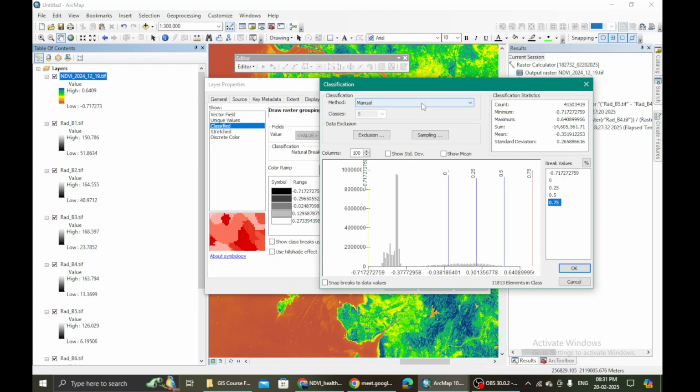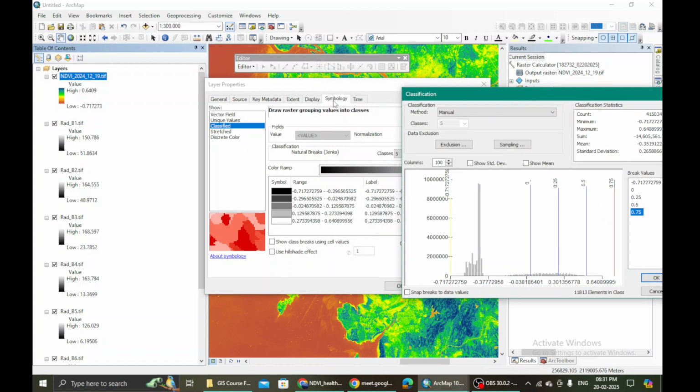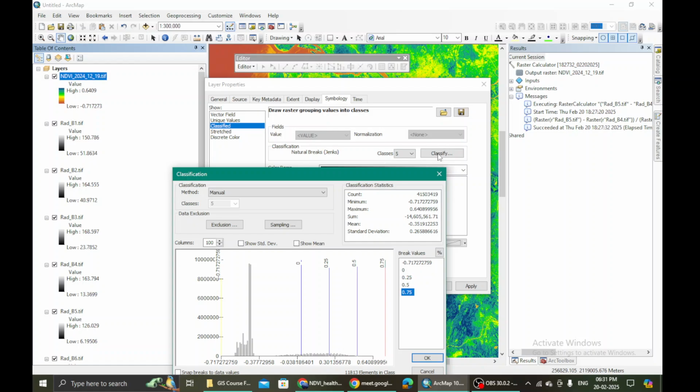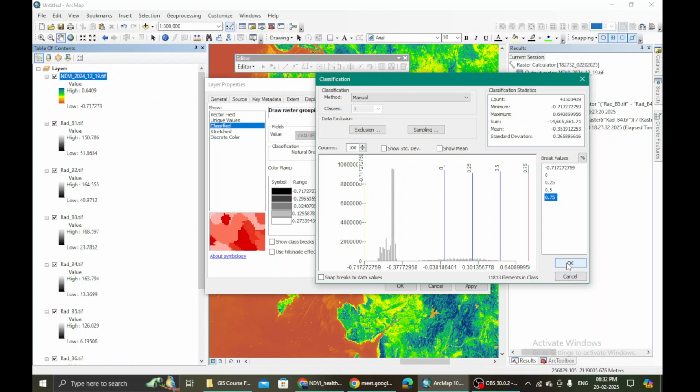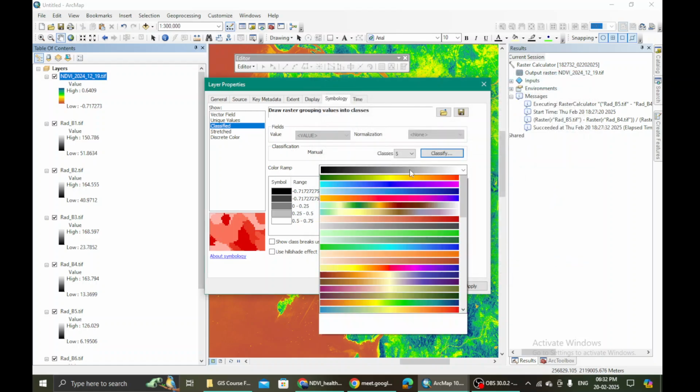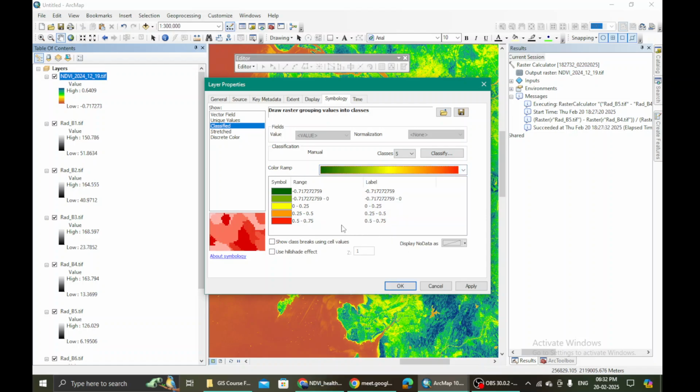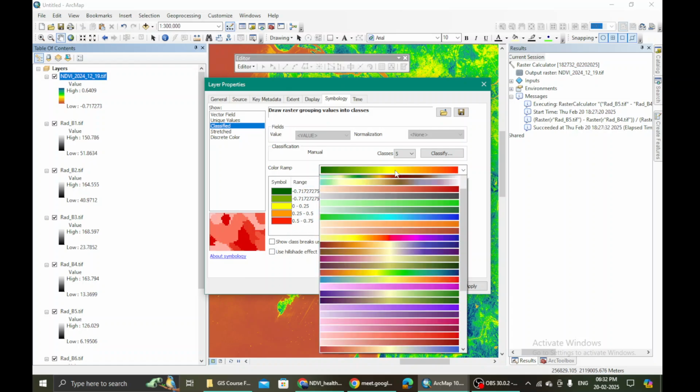Can you please redo it? That classification dialog box is not opening, ma'am. Here we go to symbology. Under symbology we go to classified, and under classified we go to this classify, right? See, symbology, right click on your NDVI image that has been created. If your image is still not created, you have to ask me. Okay, and then, yes ma'am, I have got the classes. Is it done? Yes, ma'am.